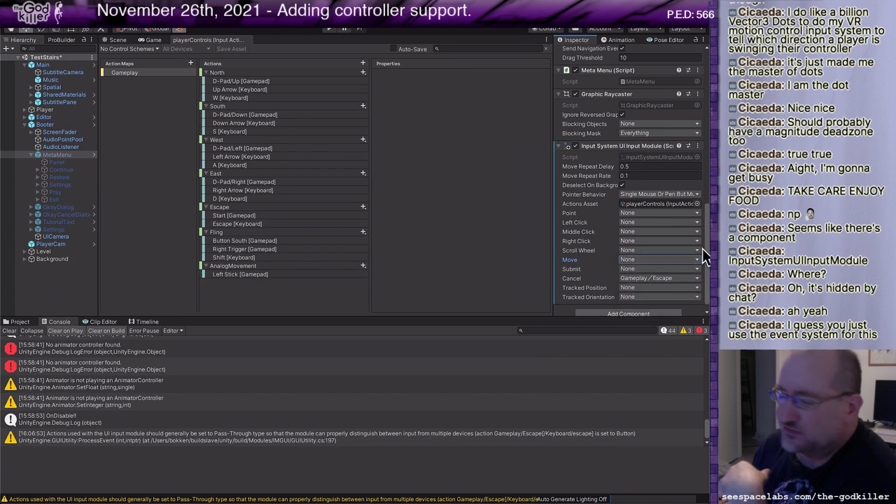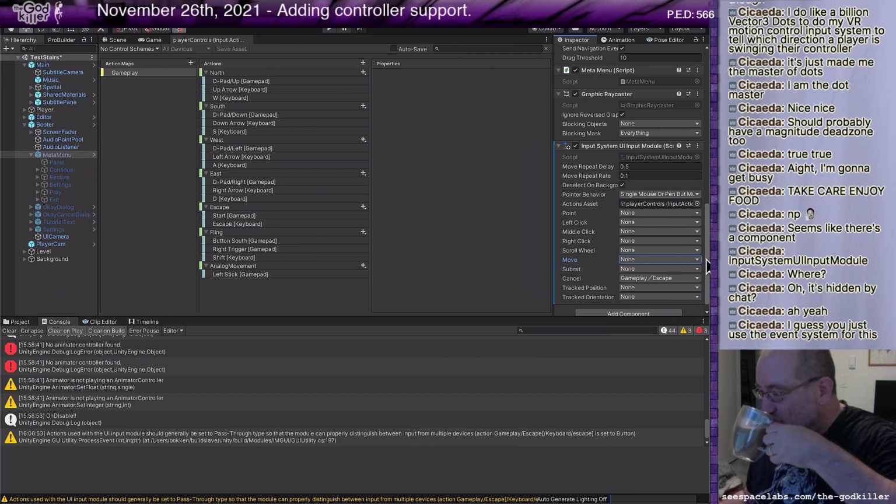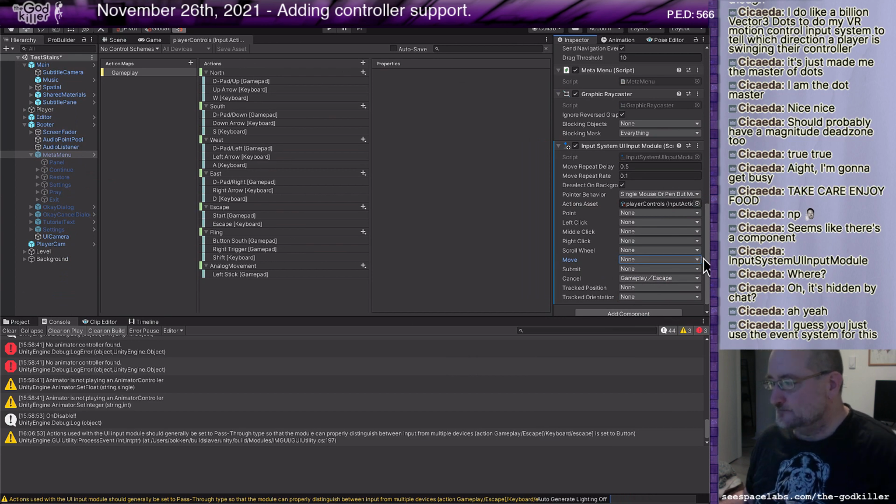But that all seems surmountable. So yeah, if this works, I'll give Unity some credit for making a pretty sensible system. And I'll have to figure out what the mouse stuff is that goes into.